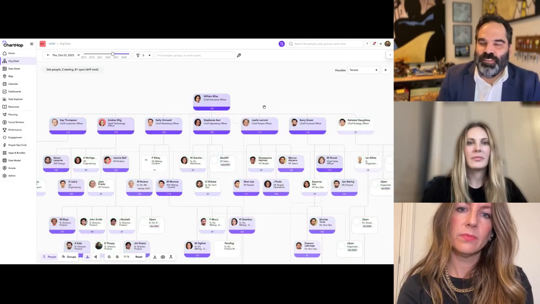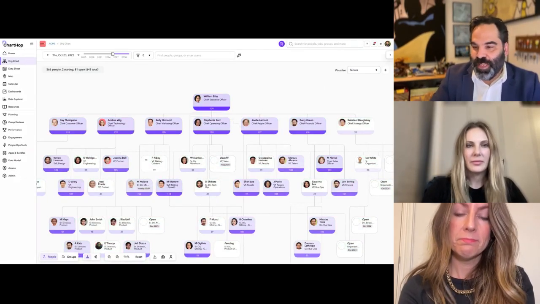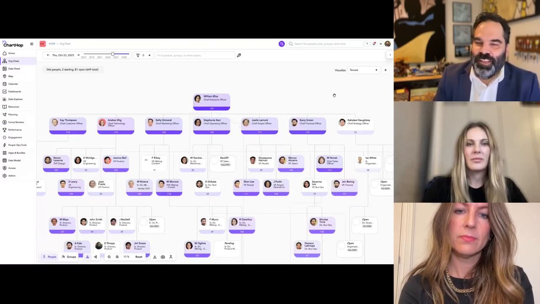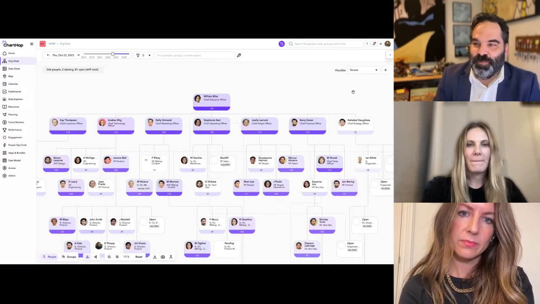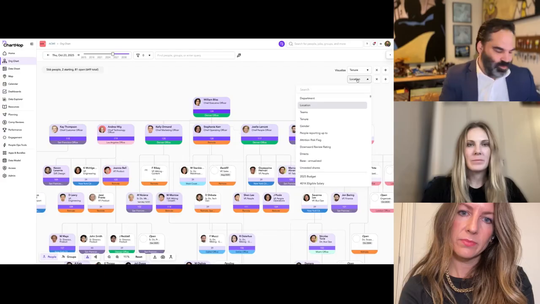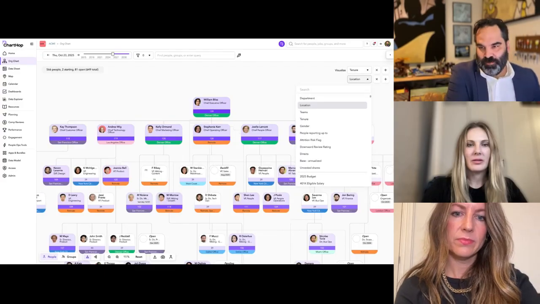at the company. So it doesn't have to be just finance data. It can be any data that's stored in ChartHop, and all of that is available to view in something like an org chart like this. Now, what makes this